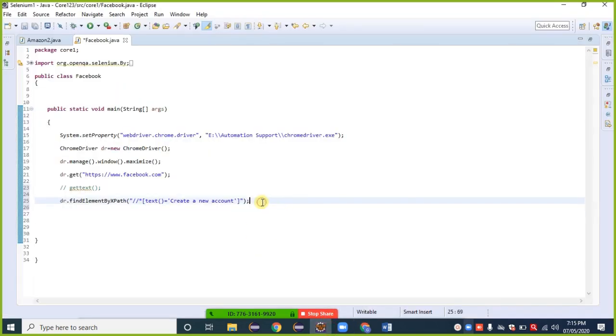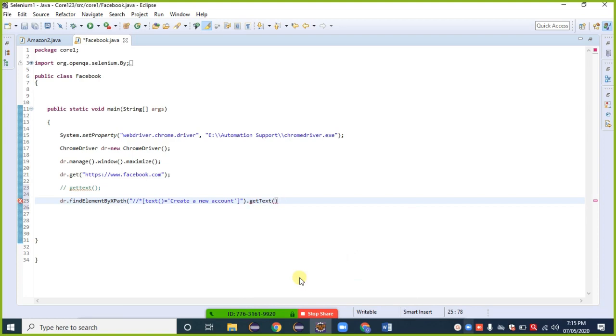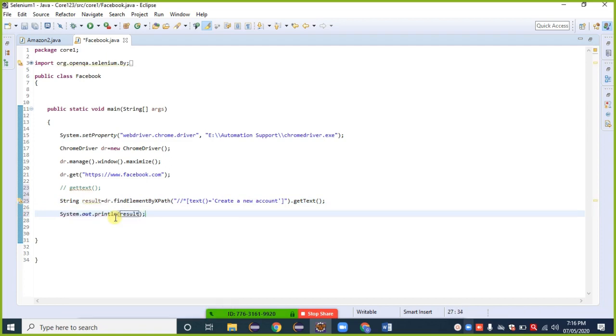We have a method named getText, and the return type is a String, so I am saving the operation inside a String: String result equals this. Then I am printing that result.